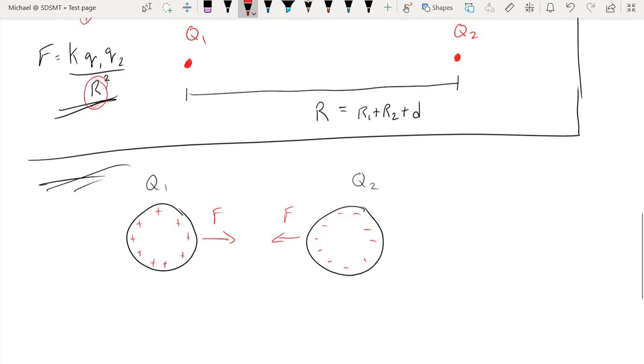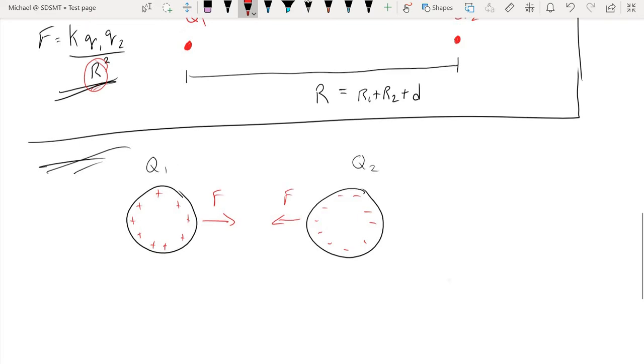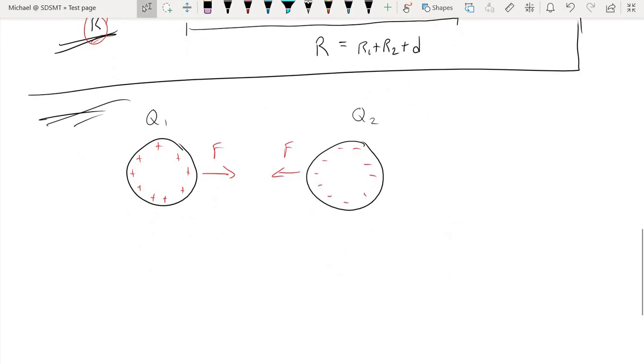And that means that the attractive force is going to become stronger and stronger. Eventually, these two conducting spheres will collide. They will touch. And once those spheres come into physical contact with one another, there is now a physical bridge